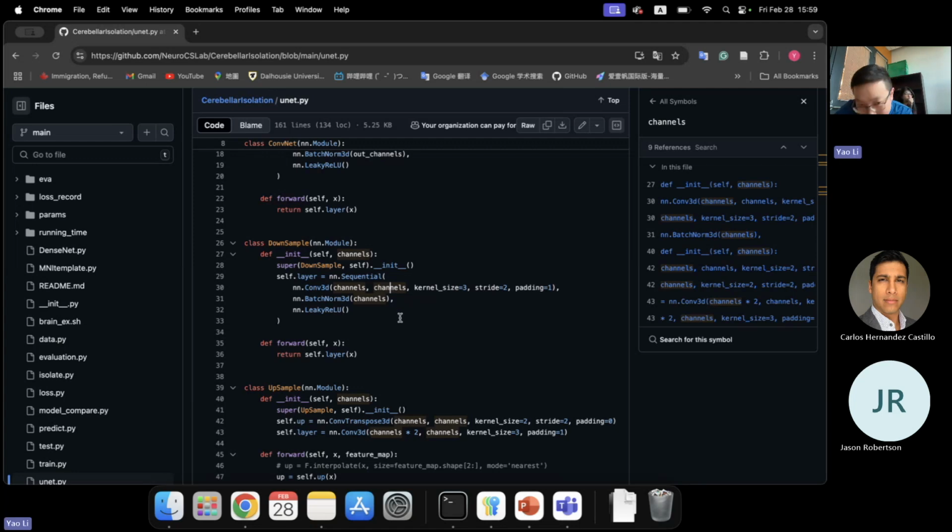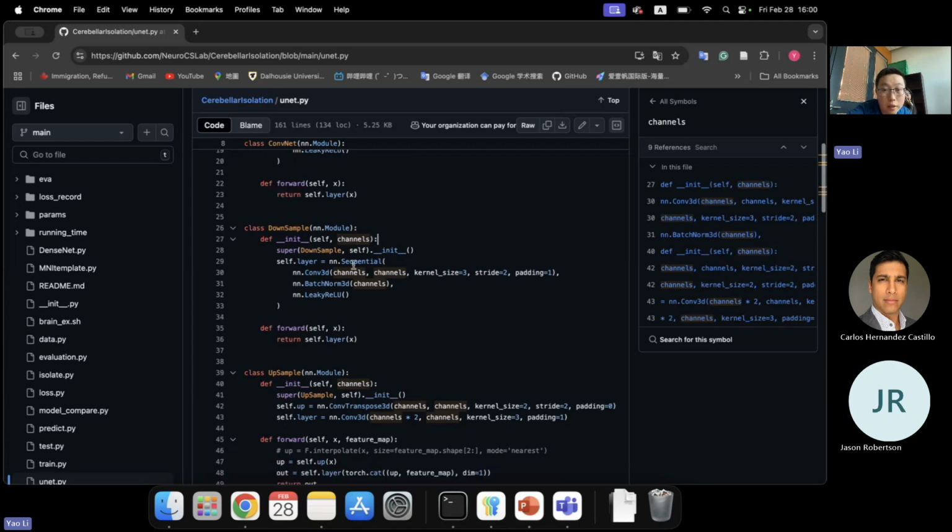Sorry, not one. The certain channel that we have as we initialized. So this number will be given when you use this block. You have to give this certain number, and the convolution will have this number of channels in, this number of channels out. But when we do the downsample, the first thing we need to